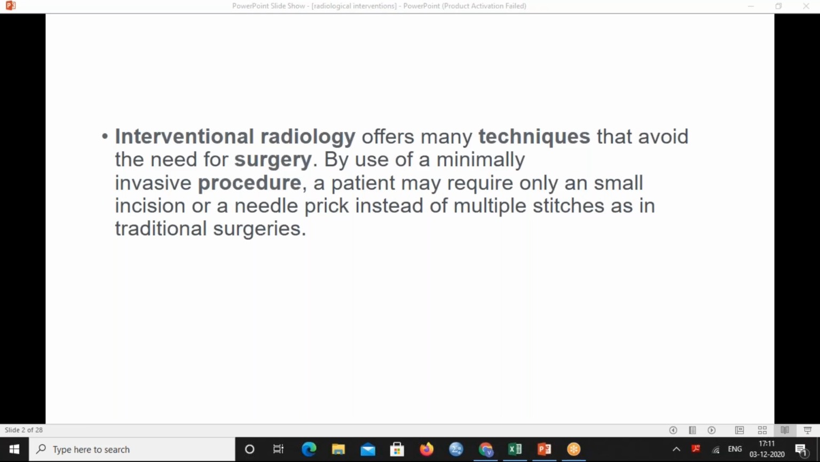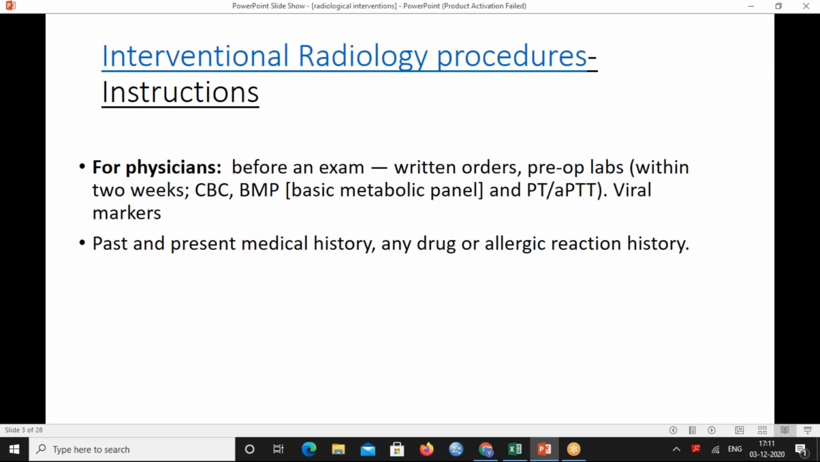And this avoids the need for the multiple stitches which are generally placed in traditional surgery. But although minimal, these are invasive procedures, so they have to be planned accordingly, like the planning for most surgical procedures. There is a specific set of instructions which should be given to the referring physician and also to the patient. So for the IR procedure, the referring physician instructions should be: